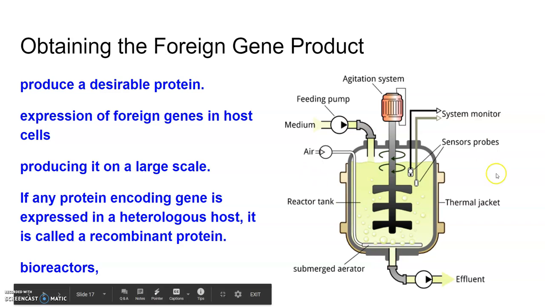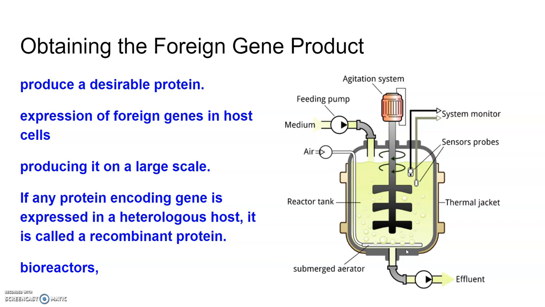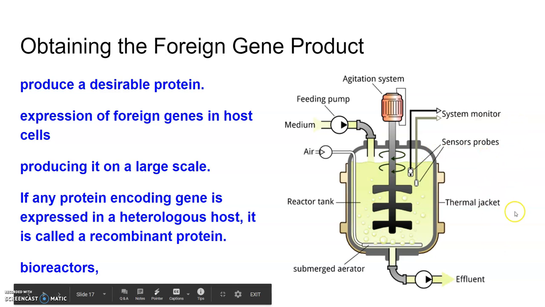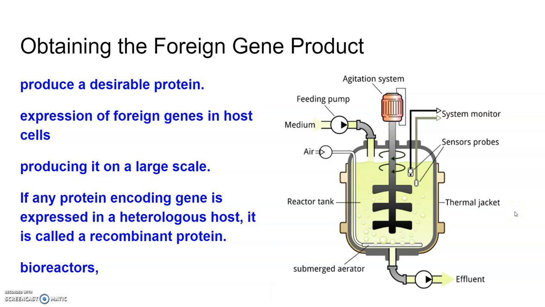The development of bioreactors, where large volumes of 100 to 1000 liters of culture can be processed, was required. Bioreactors can be thought of as vessels in which raw materials are biologically converted into specific products, including individual enzymes, using microbial, plant, animal or human cells. Now this is the picture of the bioreactor. A bioreactor provides optimal conditions for achieving the desired products.